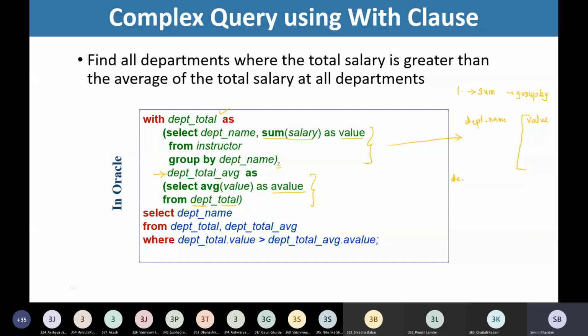So out of this, what we are getting is one more temporary relation, and the name of that temporary relation is department total average, and the attribute in this relation is value. And what will this value contain? This will contain the average of all these values.